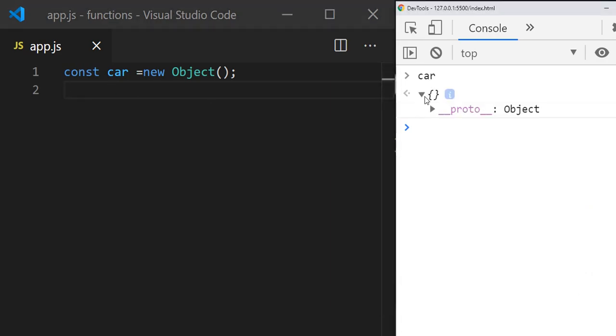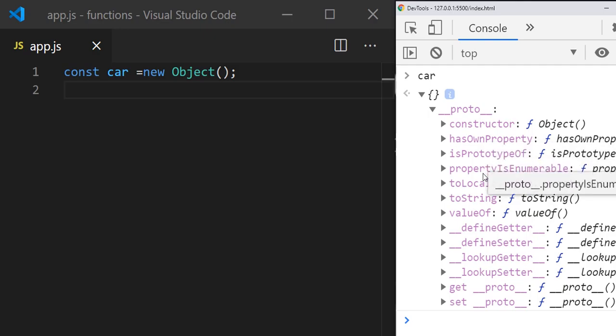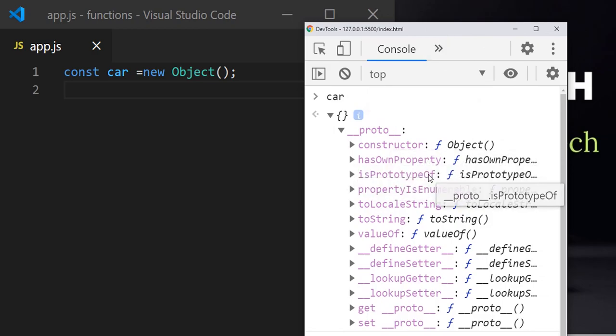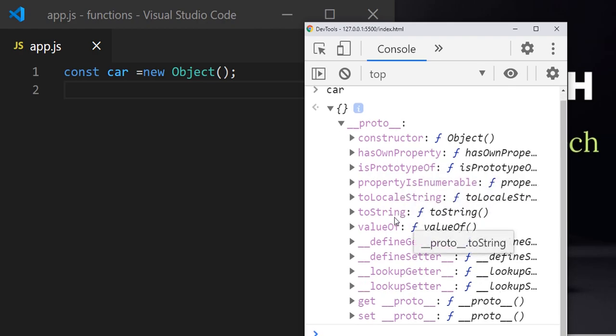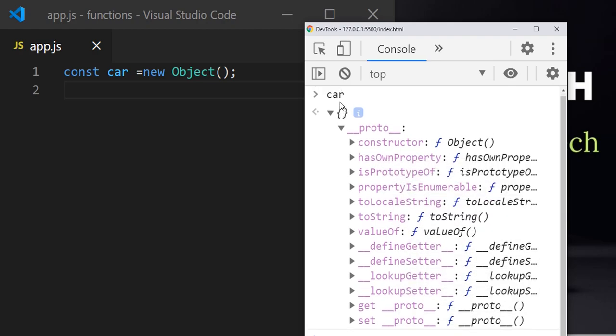Car, you can see it is an object, and it has __proto__, which is again an object. Every object will have the proto object. We can see there are a few predefined functions, like constructor, which is a function object, and it is a very important function. I will explain it in this video, along with some other functions it has.